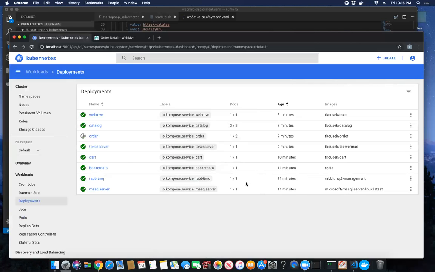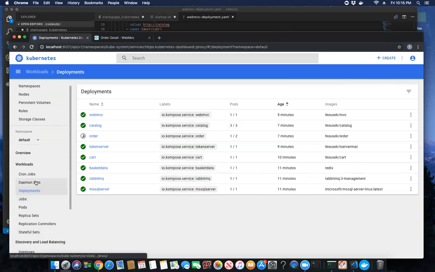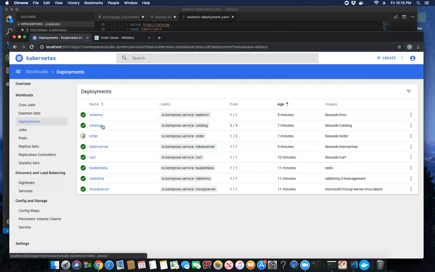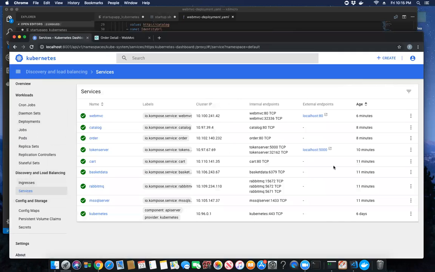I might take a look into that, or it's something another developer, if they're trying to learn or whatever, could look into. But basically that involves going into the services and making sure your endpoints for the catalog is exposed and your order is exposed. Whichever you want your Swagger endpoint to be hit, you just want to make sure that you have an external endpoint, so you can do that through a type equals load balancer. So if you take a look at like the web MVC or the token server,